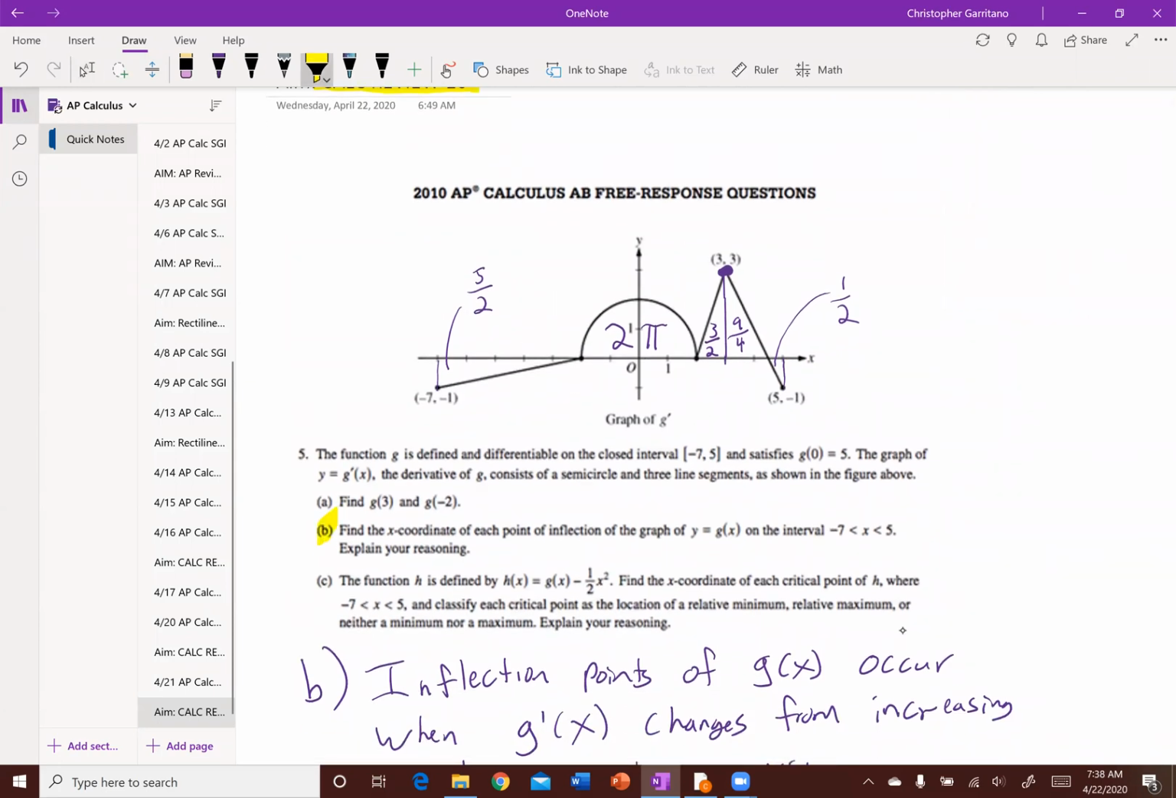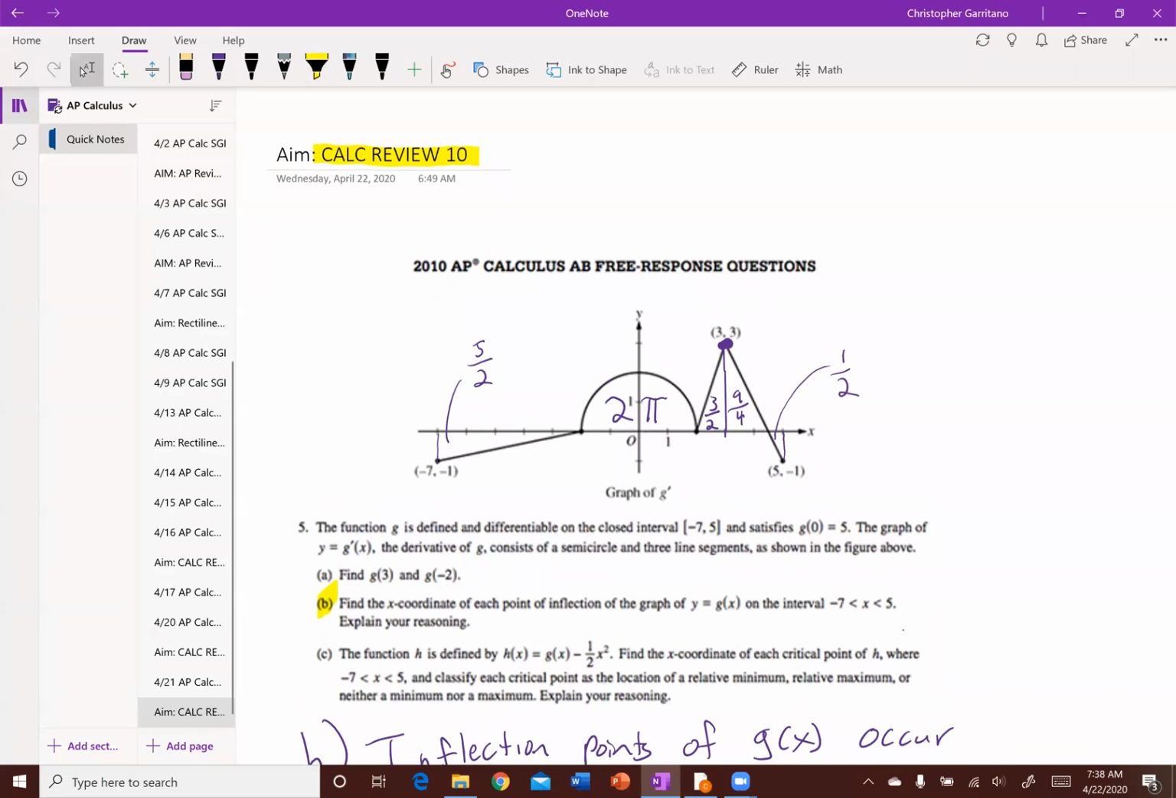5B. We want to find the x-coordinate of each point of inflection of the graph y equals g of x on the interval from -7 to 5, and explain your reasoning. So as we saw in yesterday's video, when we're trying to determine points of inflection, there has to be some sort of change in concavity. And there are two ways of identifying changes in concavity of the original function. So you can look at the derivative to see when it changes from increasing to decreasing, or you can look at the second derivative and see when it changes from positive to negative, or vice versa, of course, for both of those. So since I'm looking for inflection points of g,